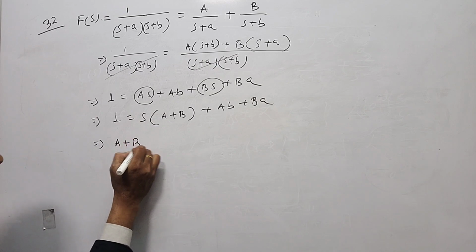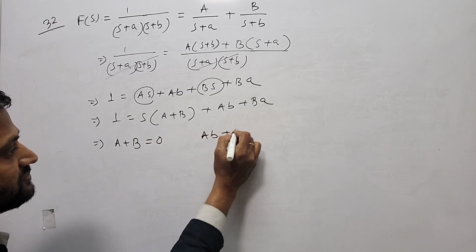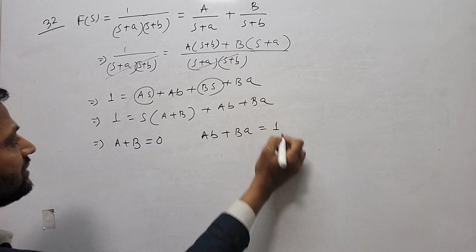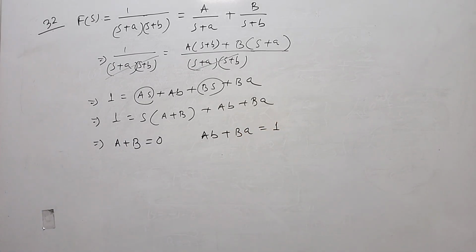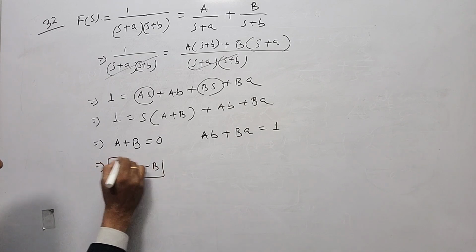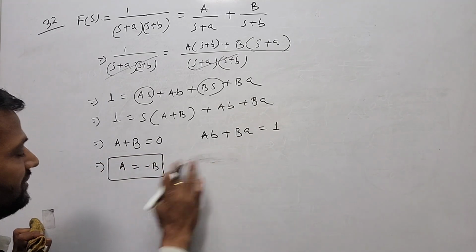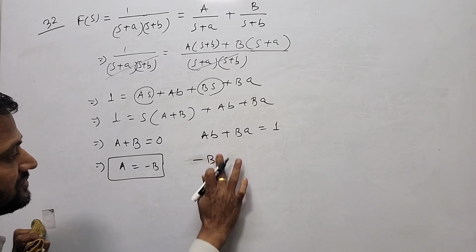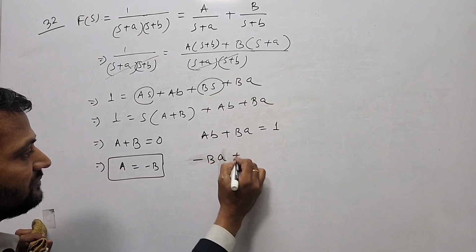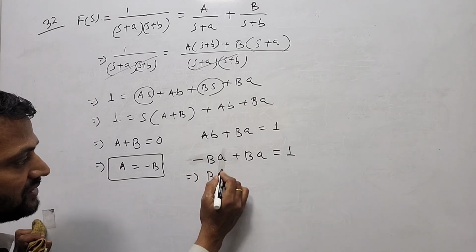A plus B will be 0, and Ab plus Ba will be 1. Then A will be equal to minus B, and here minus Bb plus Ba is 1. So B as common,